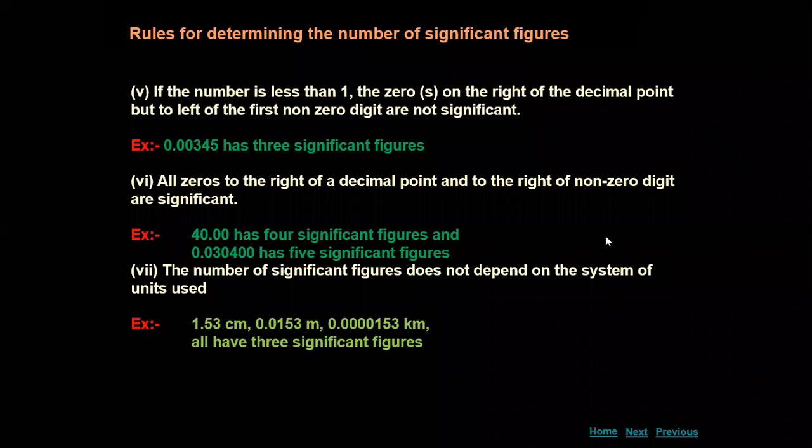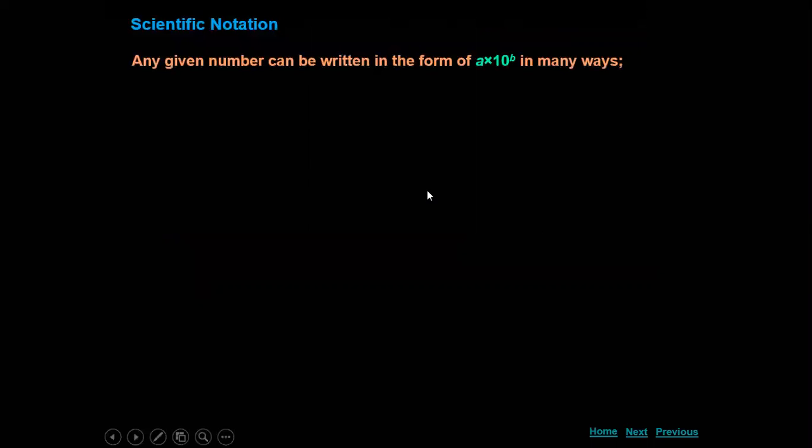Okay, and one more. The next topic is scientific notation. Scientific notation means, see, if we have solved some problem, we do not know where to place the decimal in the result. According to scientific notation, we have to write in this format: a into 10 to the power of b. In this format, we have to write the result whenever we get some value, meaning where to place the decimal.